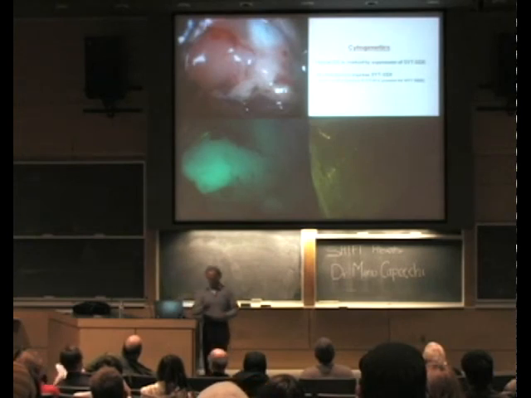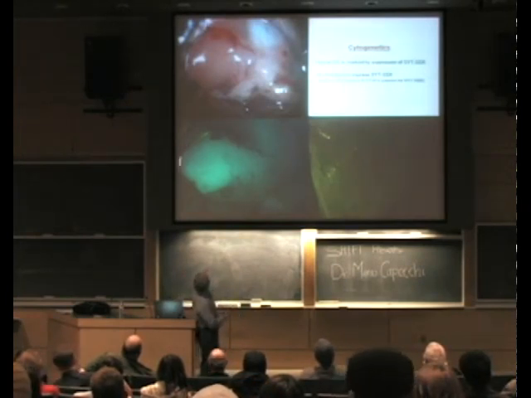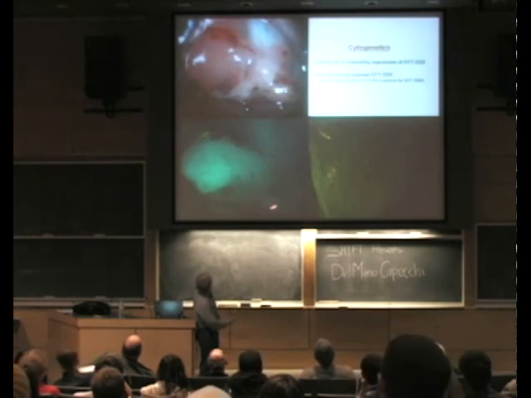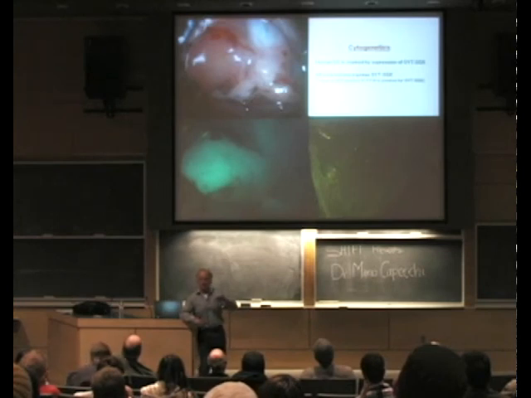Now, one of the things that was surprising is shown here. This is the tumor in surrounding muscle. This light green is what we call autofluorescent. All muscle tissue, if you shine UV light on it, autofluoresces and gives you a